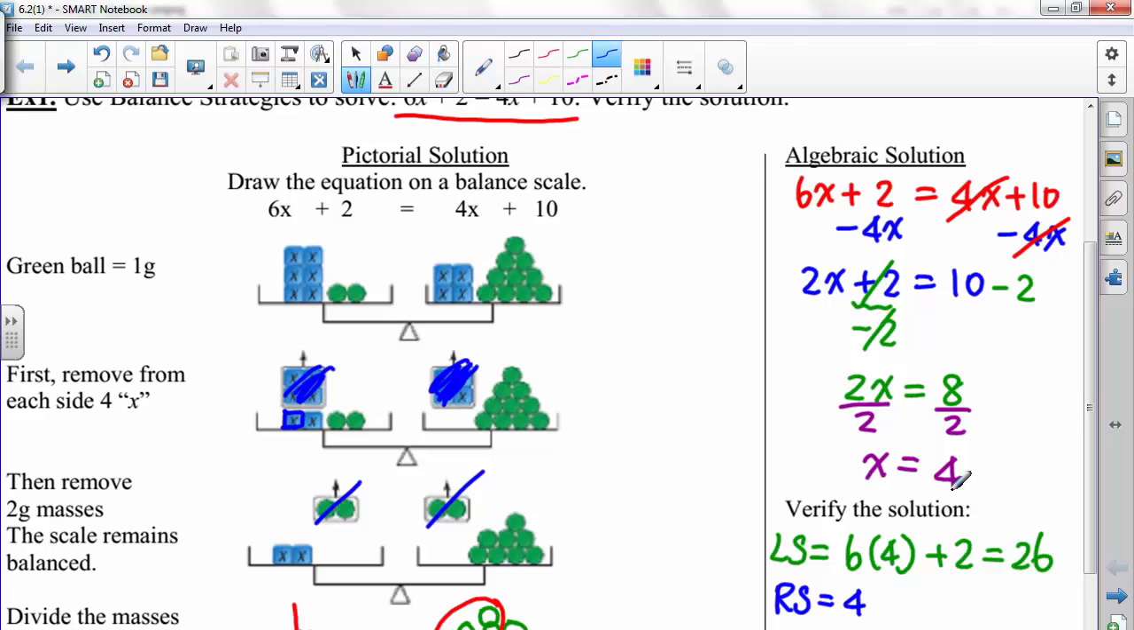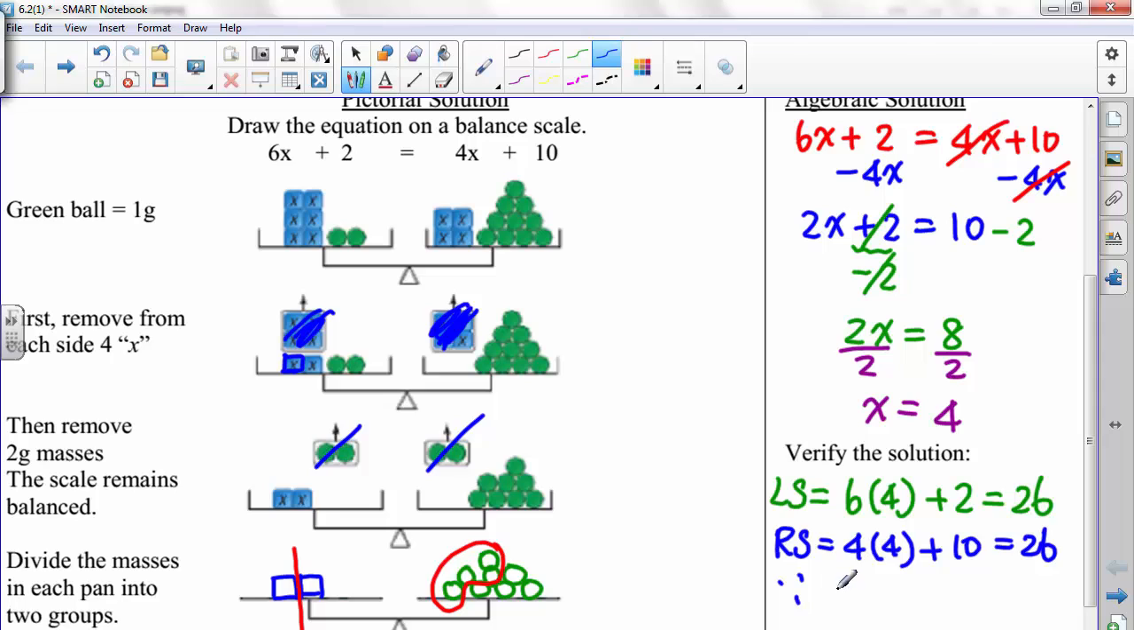So right now, the x value is 4. I replace the x with 4. So 4 times 4 plus 10. Let's look at 4 times 4, 16 plus 10, which is 26. This means the left side equals the right side when x equals 4. So x equals 4 is the correct solution